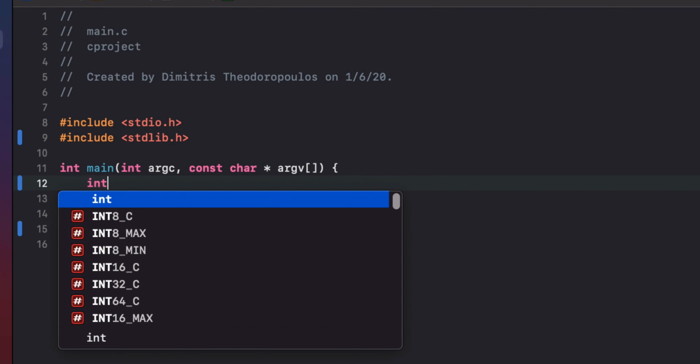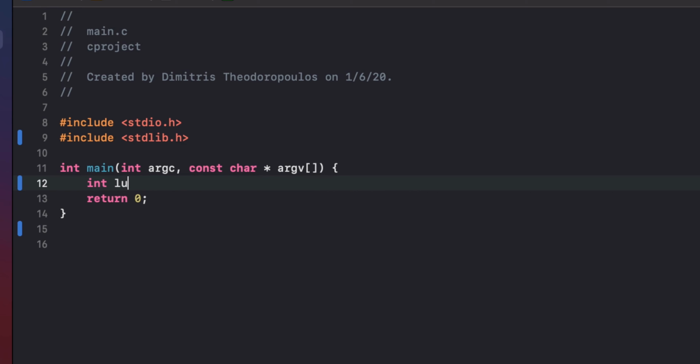So let me create that. Let's say lucky numbers. This is an array: int lucky_numbers equal to, say, 3, 2, 4, 6, 99, 123. So inside the array,